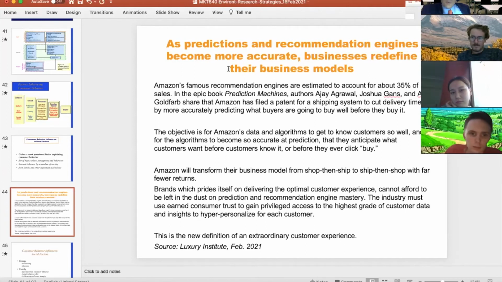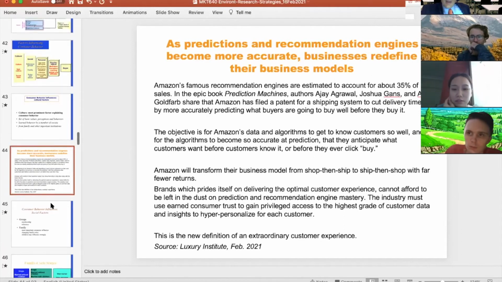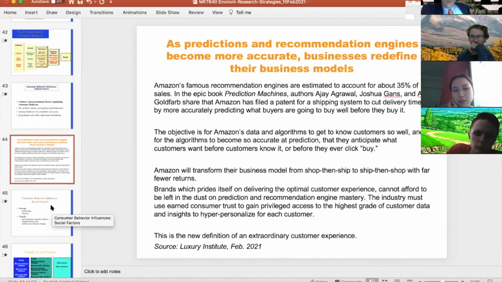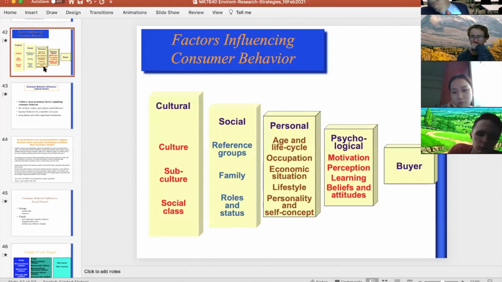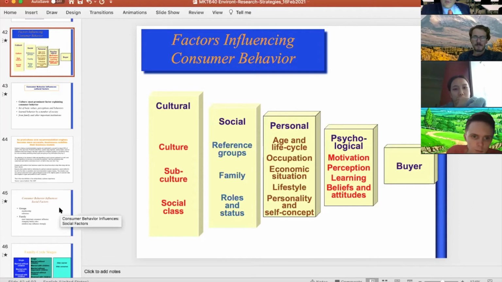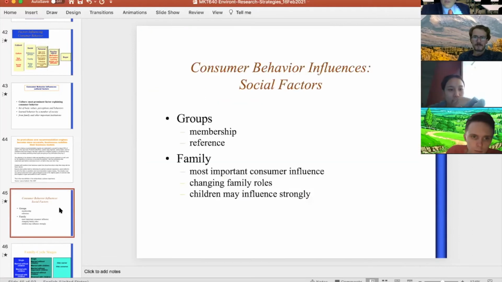So obviously consumer behavior was about predicting, and it's about more and more predicting. So what you use to predict is all of these: the analysis of the customer, the customer intimacy, the customer data management, the cookies on your phone, on your computer, and all of this is to help them better understand and predict and anticipate before you can even anticipate.